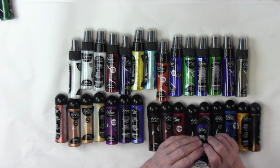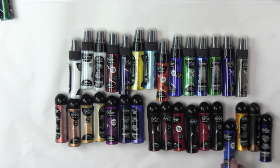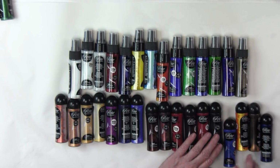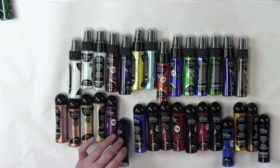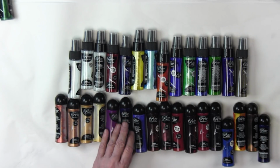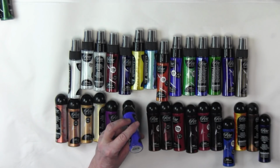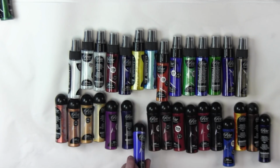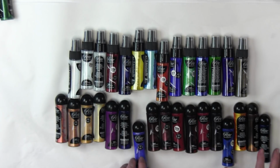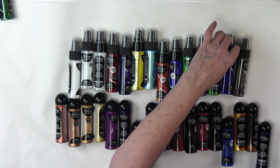As far as blues go, we have rich cobalt. That's hands down a favorite of everybody's. Mediterranean blue, very beautiful, light valued blue. That's periwinkle. And I believe, yes, that's the Plum Crazy. Technically this is Moonbeams. Moonbeams, like I said, it's on the border. Wait a minute, I'm sorry, that's not Moonbeams. This color is Blue Ice. What a really gorgeous color. Yes, that is a blue. That's considered a blue. And the sprays, we have